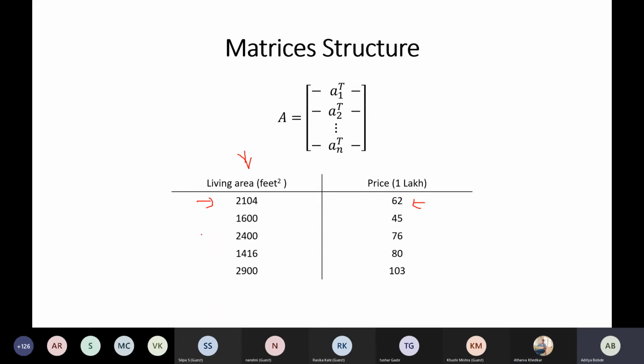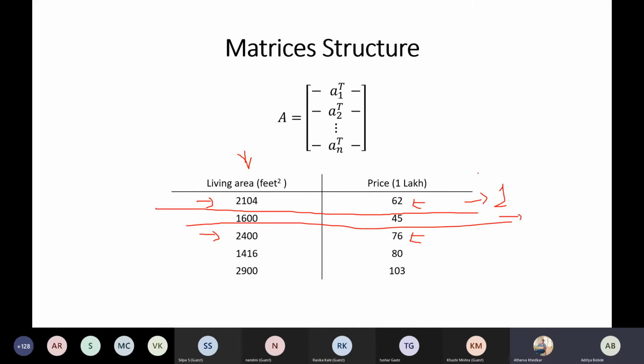If the square feet is 2400, the price you will be paying is 76 lakhs, and so on and so forth. Each of these rows is called an observation in machine learning. So that's how you use matrices in machine learning.